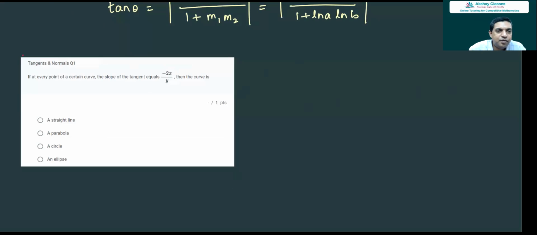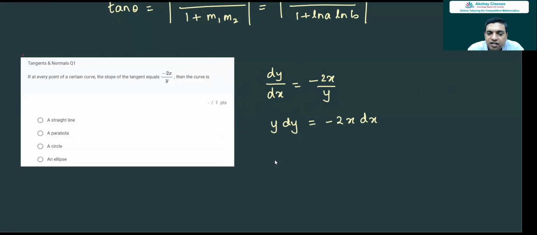Good. Some of you have got this right. See, what is given is dy by dx is minus 2x upon y for every point. Now, this is what I told. There's a problem of differential equation, a simple problem. So, y dy is minus 2x dx. When we integrate both sides, what do we get? y square upon 2 is equal to minus x square